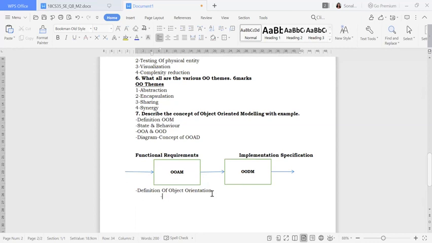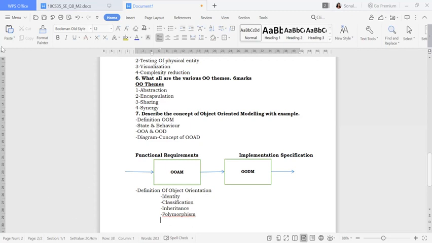What is the first point under this? It will be identity. See, all these things have already come as a question in your short notes. The same thing will be here also. So one time preparation can help you like anything, right? So you have to prepare in that way. Whenever you are writing about identity or classification, don't forget to give the examples. One more will be your inheritance. One more will be polymorphism. So all these things you need to write with examples. Fine. So this one will be your object oriented modeling question answer.